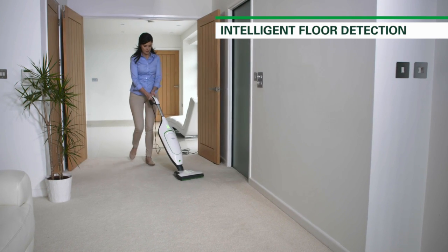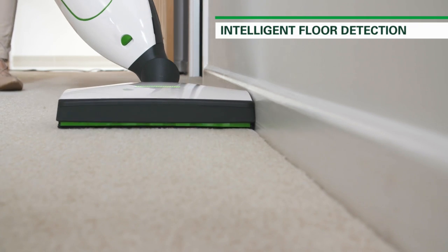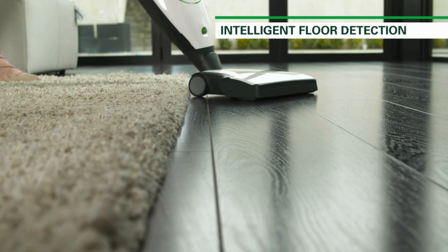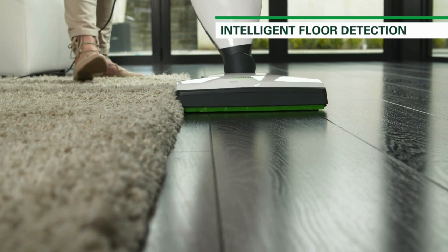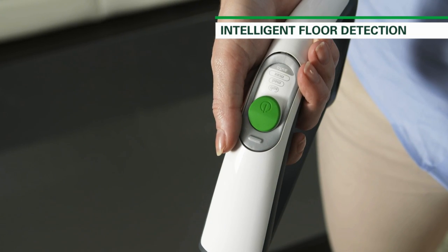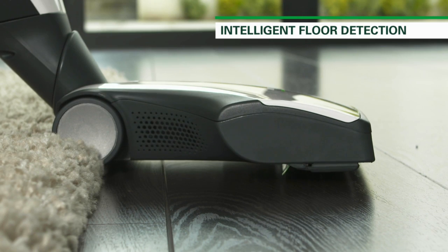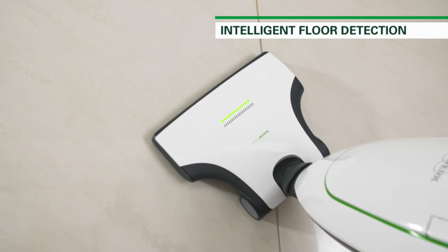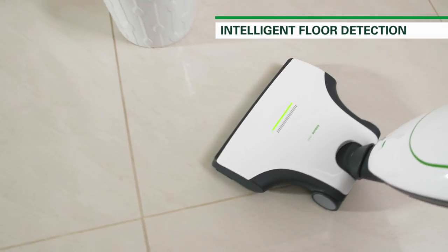When in carpet mode, the EB400 lowers itself closer to the floor so that the rotating brushes make contact with the carpet. In hard floor mode, the EB400 raises up, the dirt sealing strips are lowered, and a supporting wheel is extended. You can also manually switch between these two modes by using the function switch on the telescopic handle. If you manually select which floor mode to use, to reactivate automatic floor detection, you must switch the VK200 off